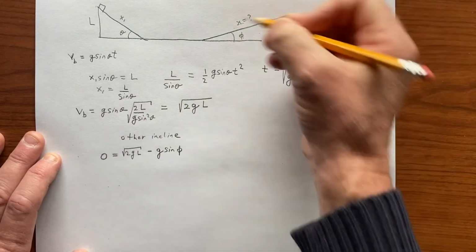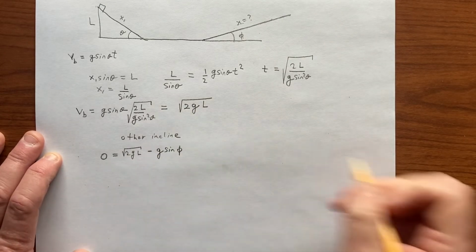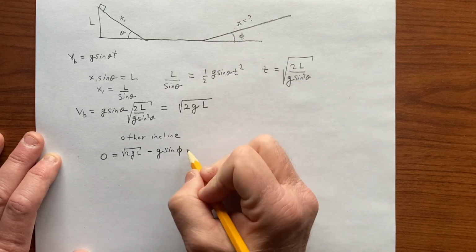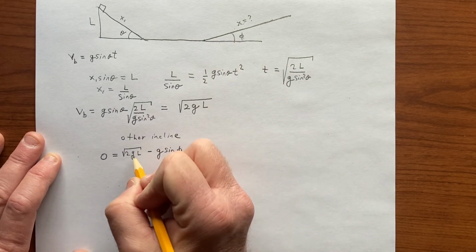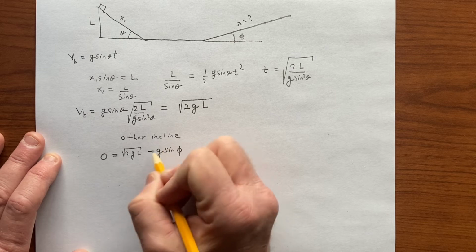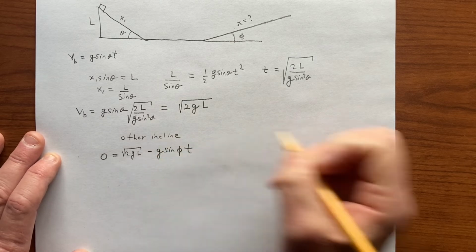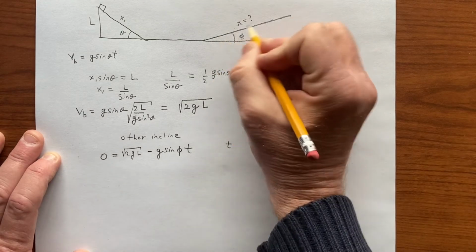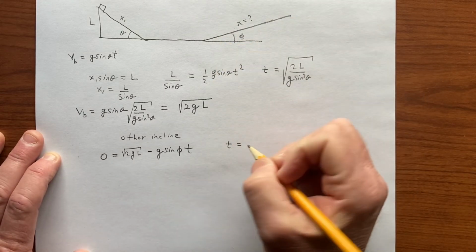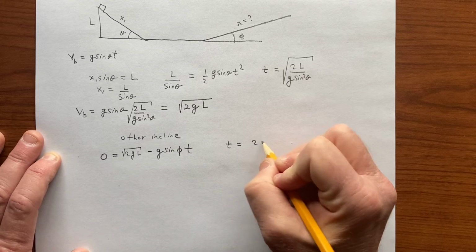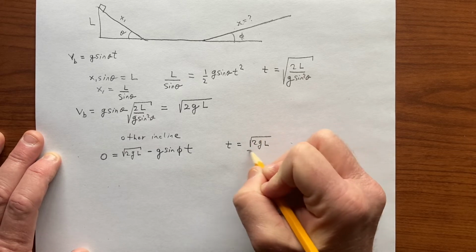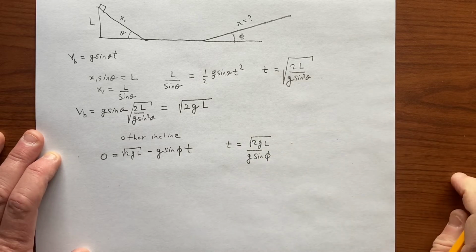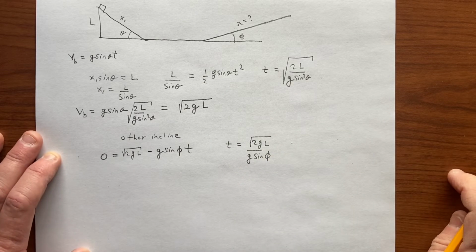But of course it's that way, and so our convention requires that we have a minus sign there, because the speed here is, we made it positive, and so we have v initial plus ax times t, and that equation will give us the time that it takes to come to a full stop, and therefore that is the square root of 2gL over g sine of phi,